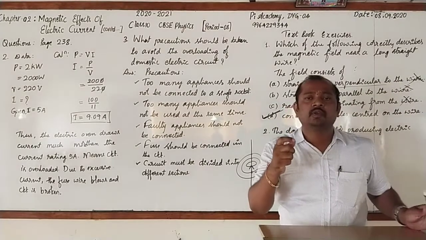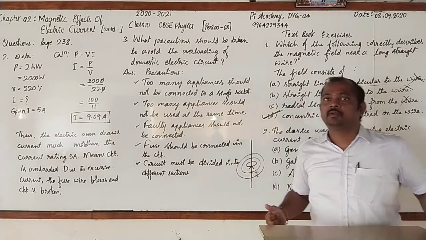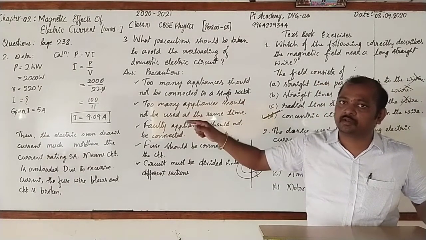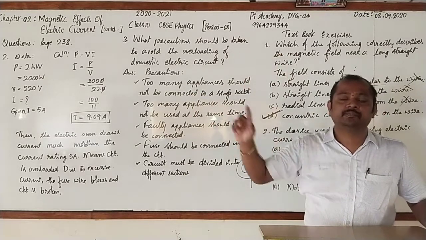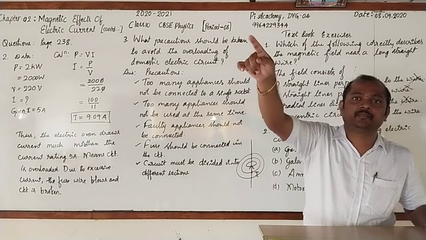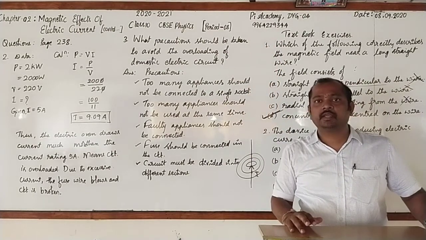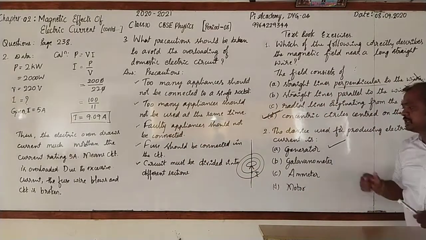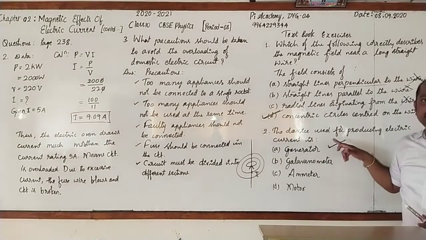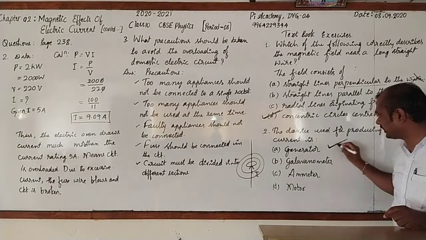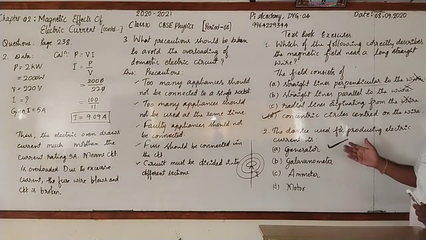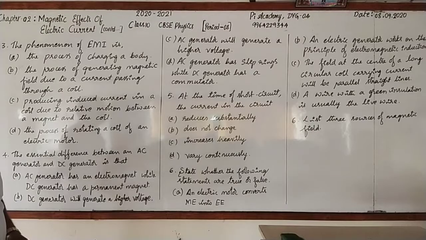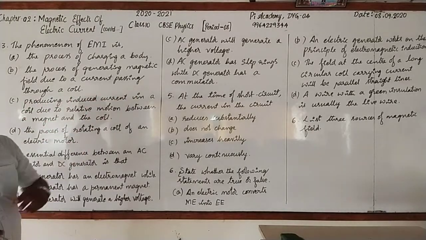Which electrical appliance are you able to recall that works on a motor? Yes, you are right, it is the fan. See, when you switch it on, it immediately starts rotating. That means electrical energy is converted into mechanical energy. Electrical energy is used but not produced. Hence, which is the current producing device? It is the generator. Hence, option A is correct. Dear students, now you go for copying from there to here. Yes. Now let's go for answering a few more questions.